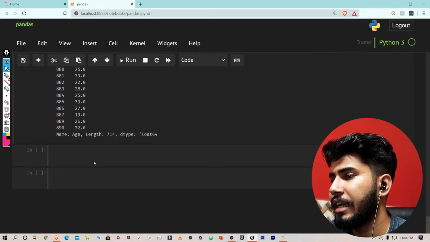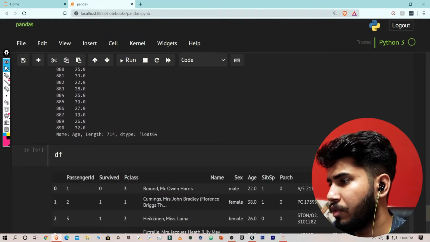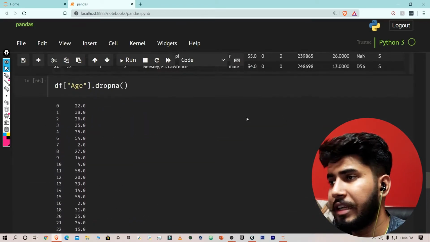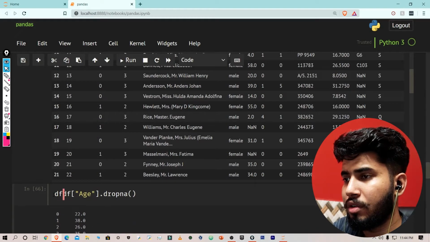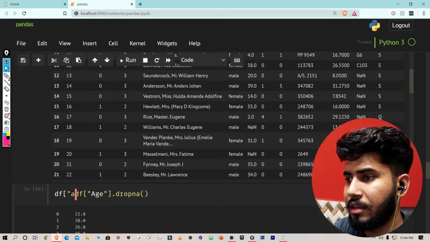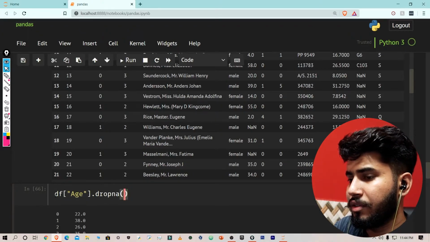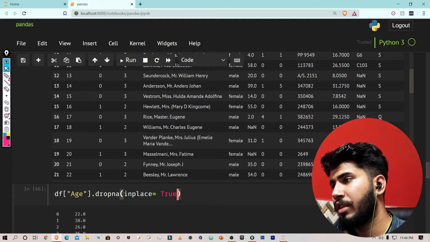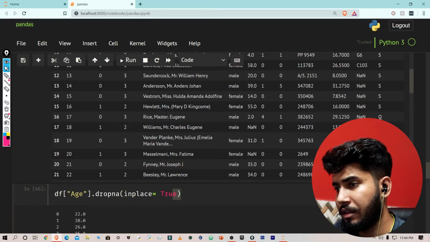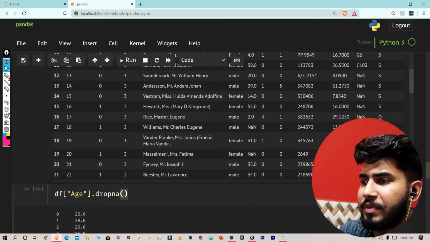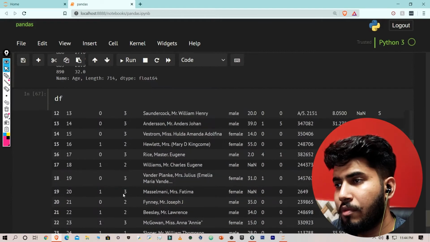Now if you see the df Age again, you will see that there are still null values here because this operation doesn't happen in place. So if you want to save it somehow, there are two ways. The first way would be like this: Age equal to this. Or the second way is that you can use inplace equal to True. If you do this, it will also save the data inside df.Age. Okay, so this is the dropna method, and this was pretty easy. So let's move on towards the